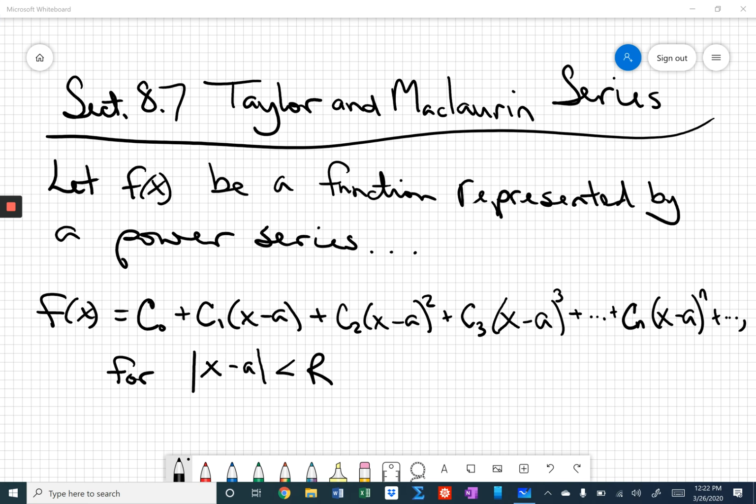So in section 8.6, we started to develop ways of representing certain functions as power series. And we did that using a couple of different techniques. We either did it algebraically, taking the Taylor series, the power series for some known function and doing some sort of algebraic substitution or multiplication in order to rewrite that power series as a power series for some other function. For example, when we did 1 over 1 minus x, we were able to develop the power series using